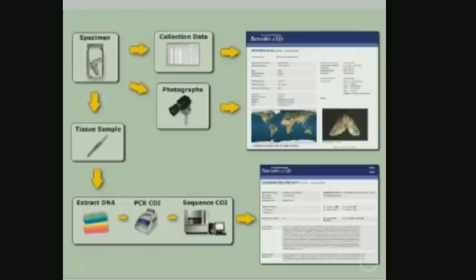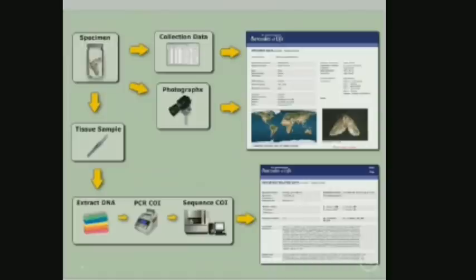Another important item I want to mention is the Barcode of Life Database. Whatever barcode information the consortia develop is deposited here, so that it can be disseminated much more easily. Apart from the sequence information of the gene, it holds specimen metadata: the collection details, what kind of specimen we are holding, what tissue was taken, the geographical coordinates of sample collection, and photos of the specimens. Everything is covered along with the sequence information.